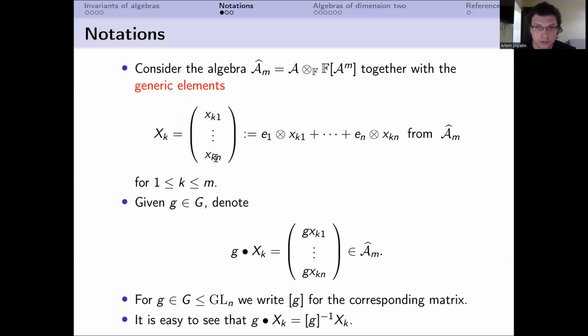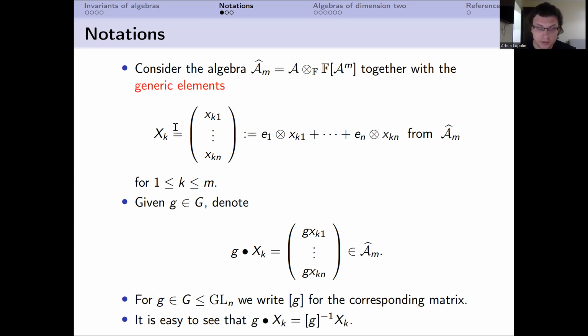We can think of elements of the algebra A as vectors, and we multiply vectors using the multiplication formula for our algebra. And here, instead of elements from the field in this vector, we put elements from the coordinate ring. So instead of elements of the field, we put in the positions elements from the coordinate ring. The explicit formula is given here. Here e1, e2, en are just basis vectors, and here we write down elements from the coordinate ring.